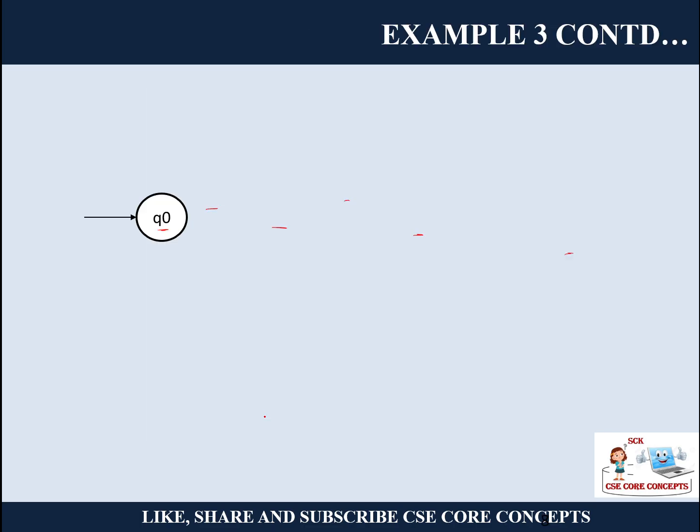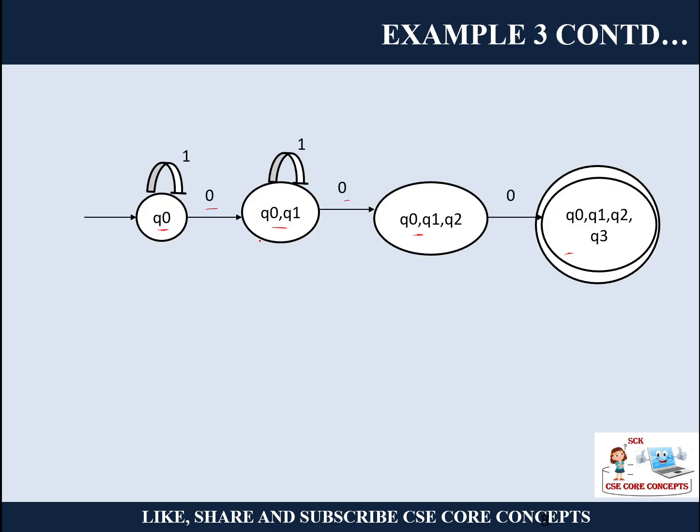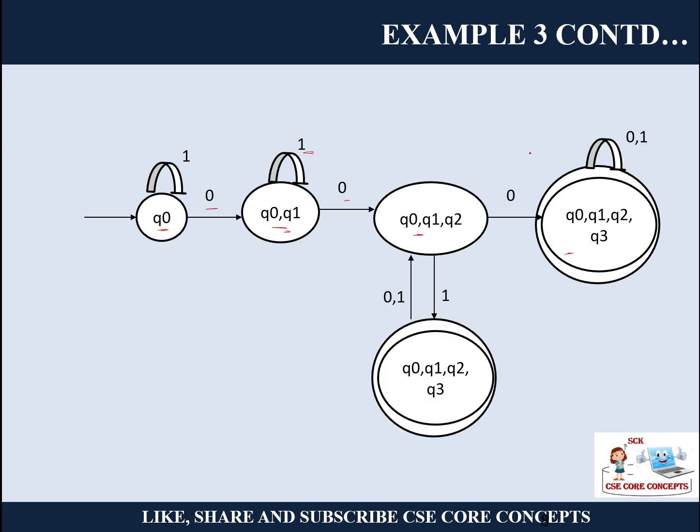Okay, let's see. Done. So with an input 1, it will lead to the same state. Now here you can see with input 0 or 1, it will lead to this state. Now from this state you see, if it is 1, it will lead to this state, and since it also has a Q3, this is also your final state. And this will go back here. So this is how you can draw. So Q3 is the final state. Wherever there is Q3, it is final.